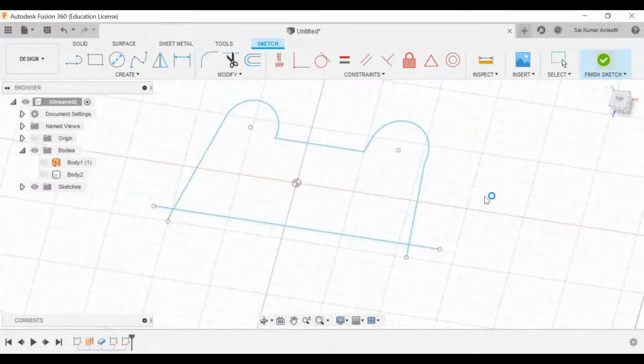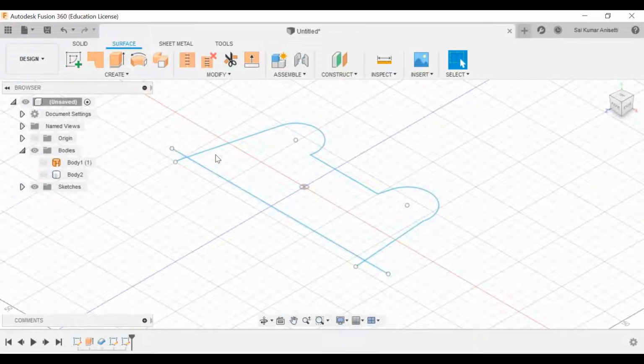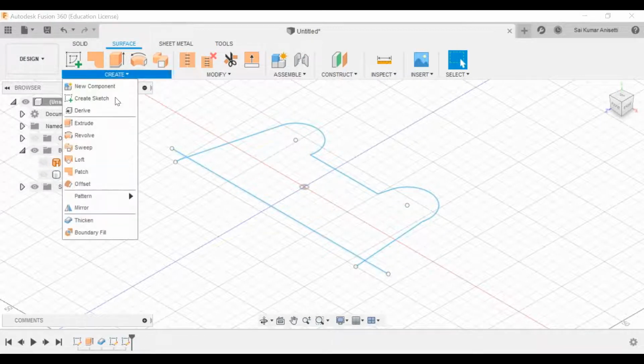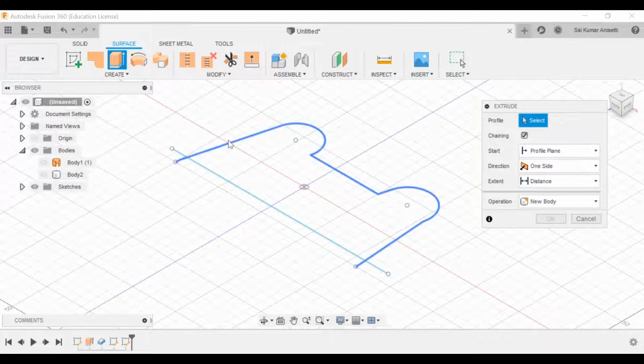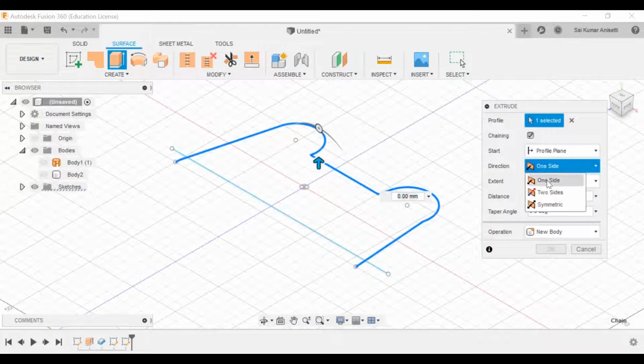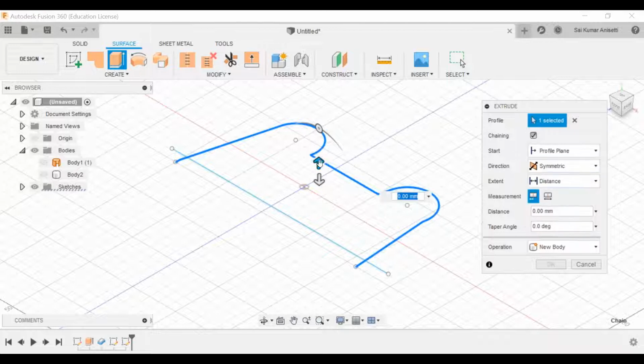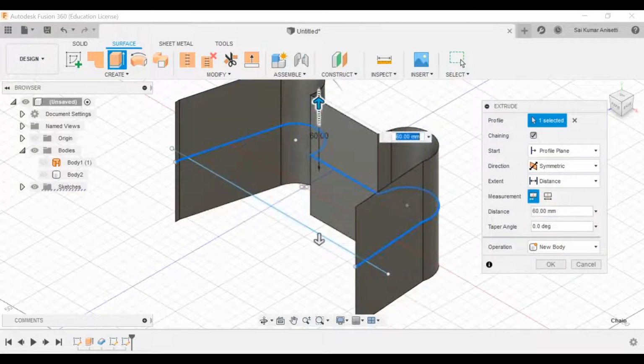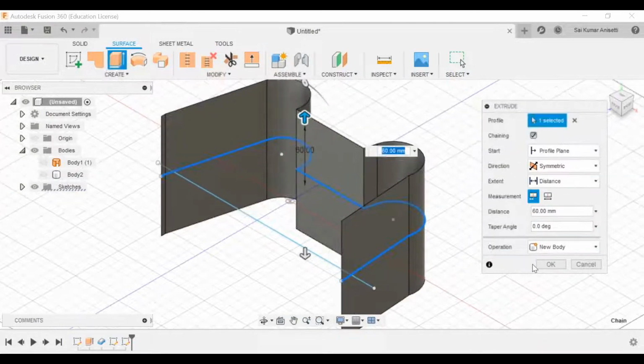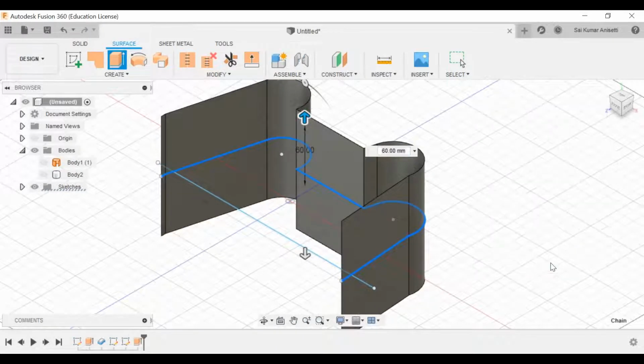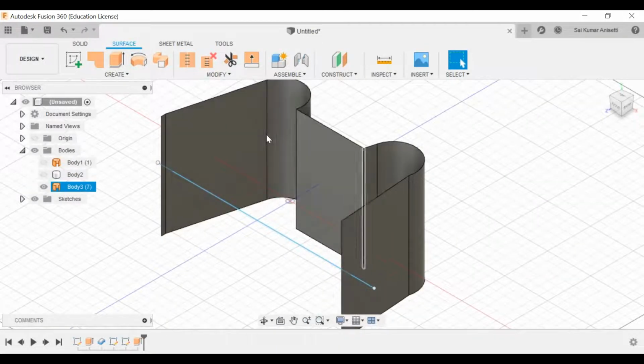Finish sketch. See, now what I'll do is extrude these surfaces. This particular profile, I'll just extrude it. Create, extrude. Now I'll select this. I'll go with symmetric. Give a random value like 60 on either side. Now click OK. Now this is a simple surface.